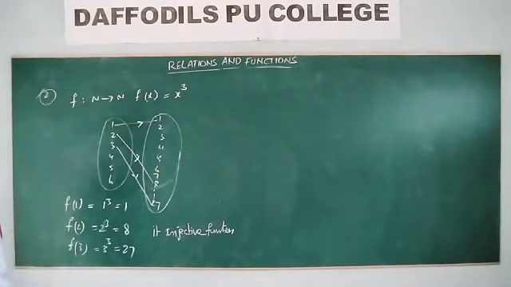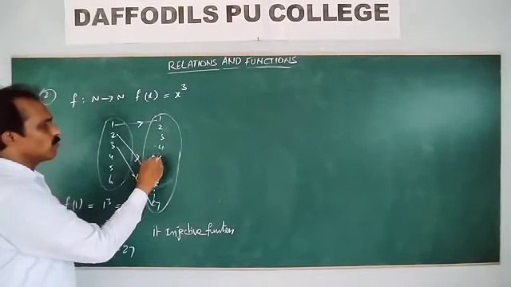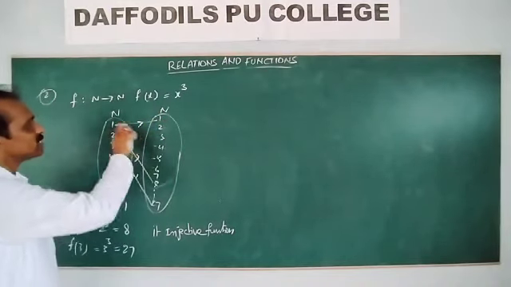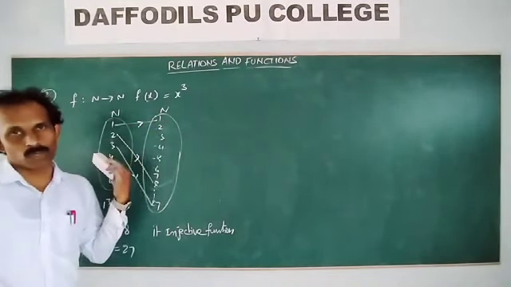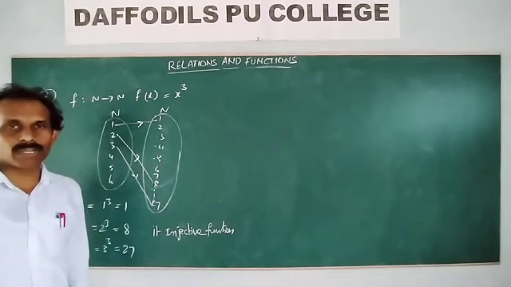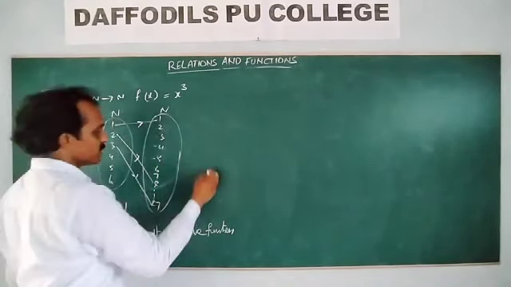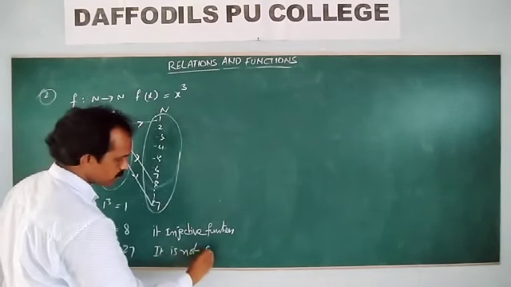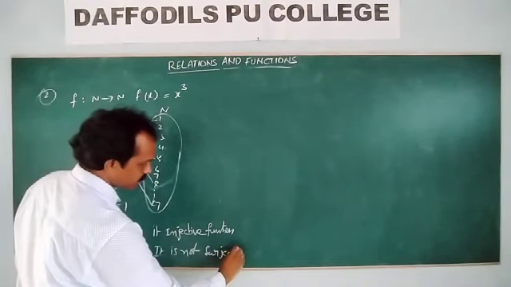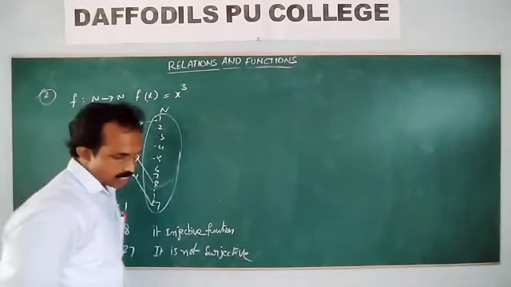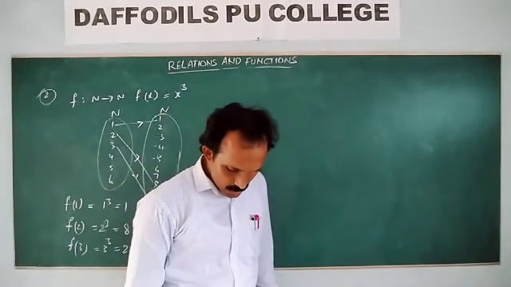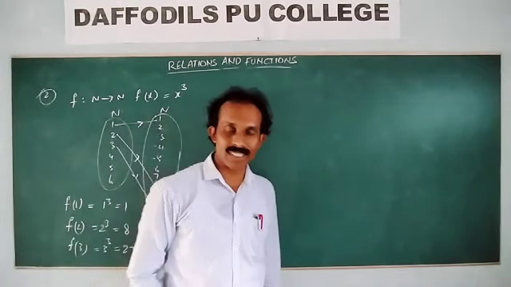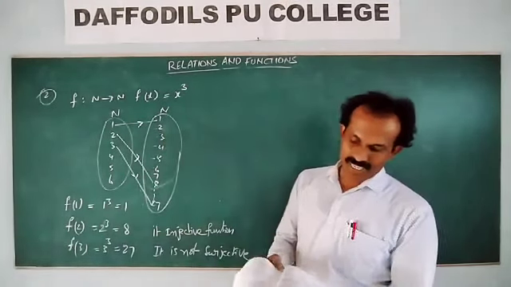Okay, now what about onto? What about 2 3 4 5 6, natural numbers to natural numbers? These are not images of any element of the domain. So clearly it is not surjective. Right, students? So like this. Next one, f maps z to z is given by f of x is equal to x cube. This also you will try.